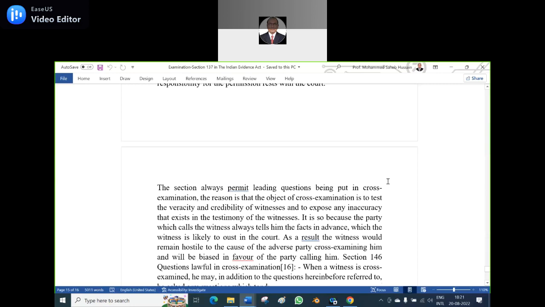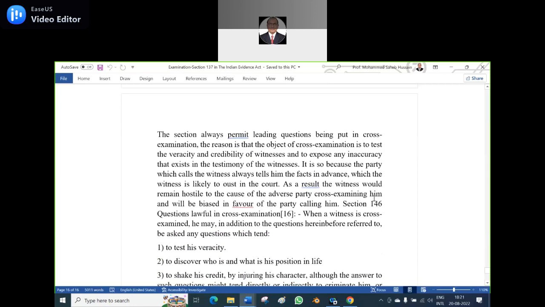In the dying declaration. Yes, we also asked what the Privy Council case law in the dying declaration is. Somebody gave the answer already. Of course, I am going to deal with the dying declaration if time permits. Both things I will deal with there.